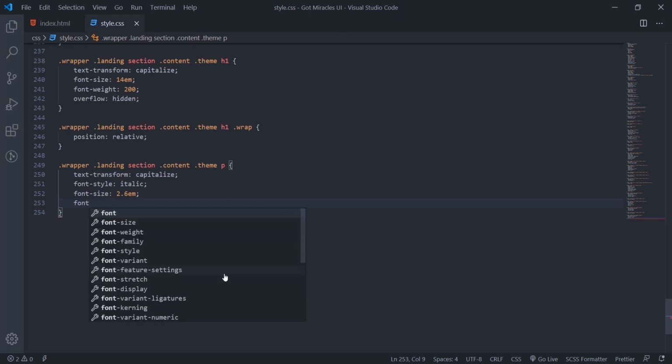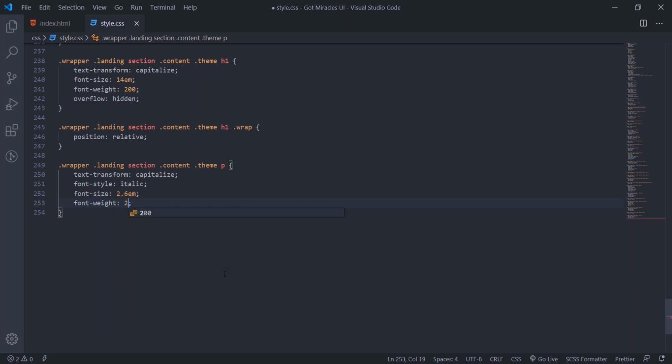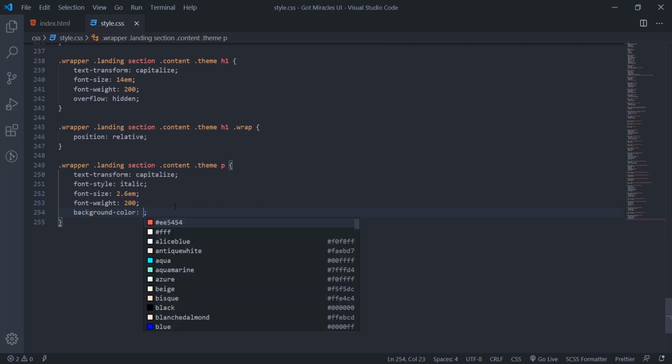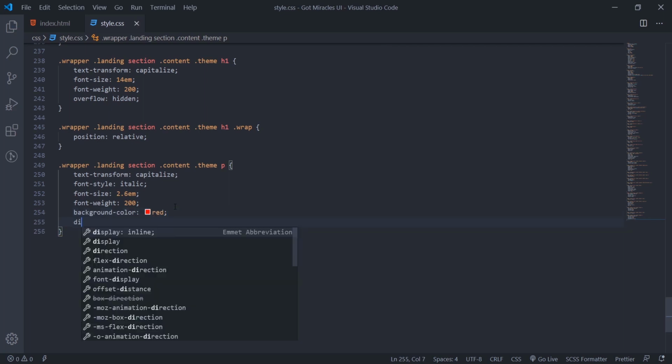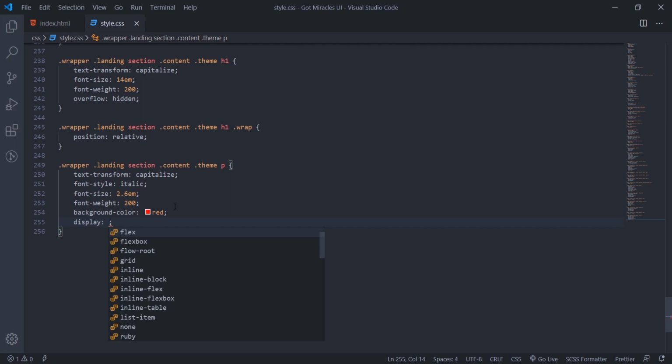We'll set font weight 200. Background color, we'll get the background color red first. Then display flex.